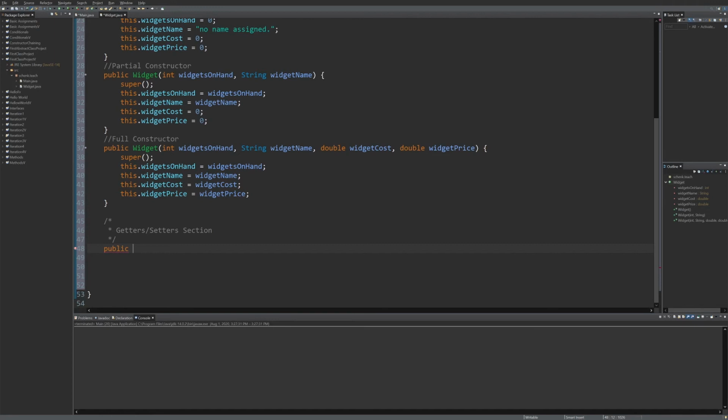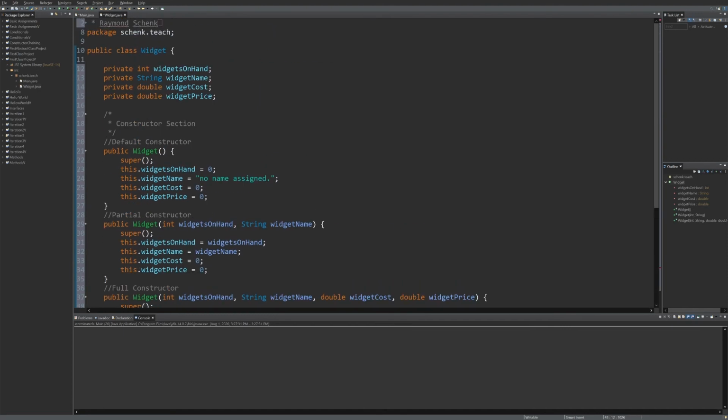So the getters are a way of reading the value of the field, and the setters are a way of writing the value of the field. So if I give you a getter but not a setter, it's read only. If I give you a setter and not a getter, it's write only. If I give you both, it's read write. If I don't give you either, you're not getting at that field. It might just be an internal field that's set up when I initialize whatever the class is, and you're just never going to get to it. Okay? So, although those kinds of fields are not very useful,